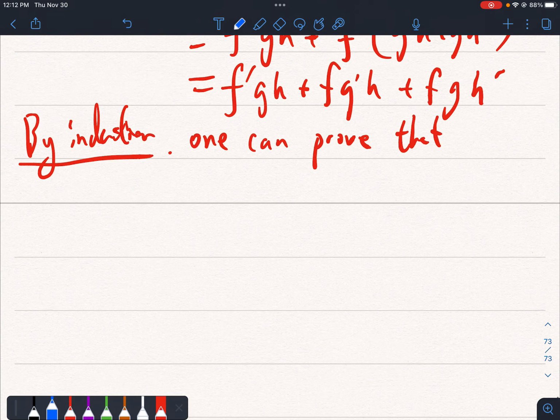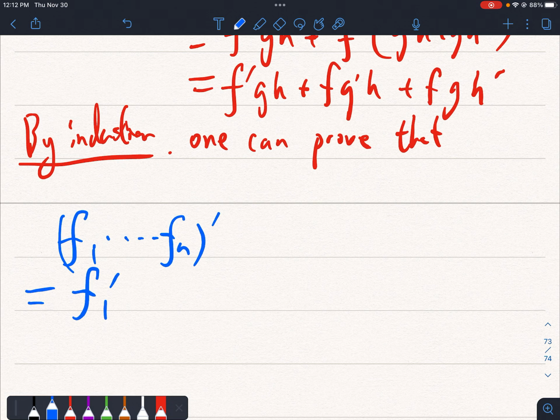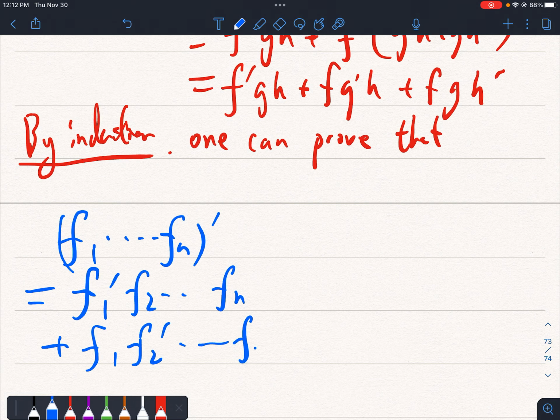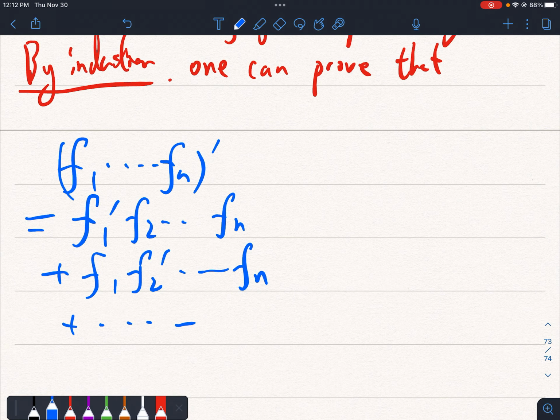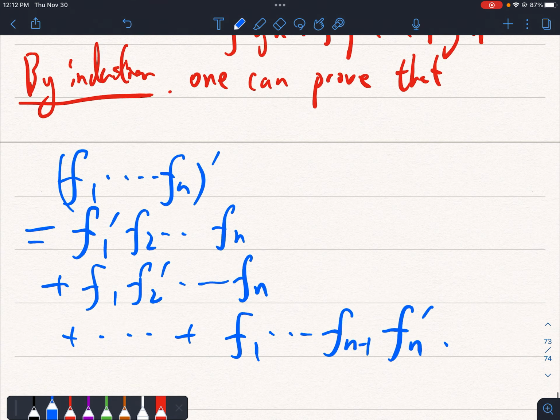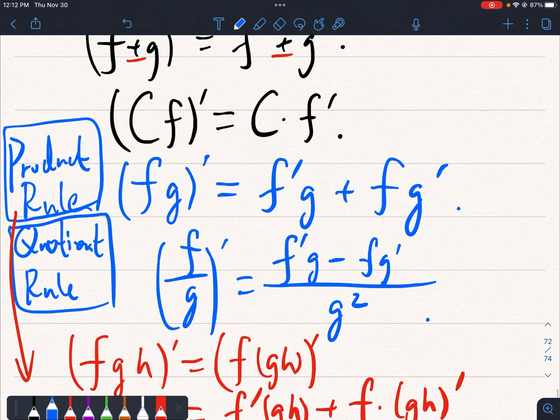So by induction, one can prove that the derivative of a product of f1 up to fn is equal to, as what we expect, f1 prime times f2 all the way up to fn plus f1 times f2 prime all the way up to fn plus all the way up to f1 up to fn minus 1, and then we take fn prime. Okay? So this is the formula. I mean, this is a generalized version of the product rule. And one might ask, what is the generalized version of